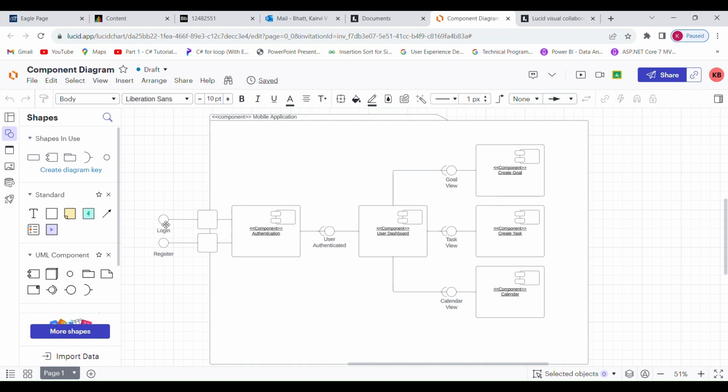So we have login and register here, which are provided interfaces, which go into the authentication component. And over here we have user dashboard, which has a required interface, which is user authenticated, which is connected to the component authentication. So without the user authentication, the user cannot go into the user dashboard. Once the user is authenticated, only then can the user go into the user dashboard